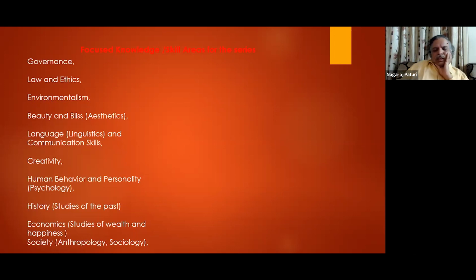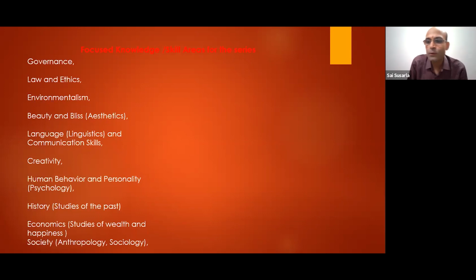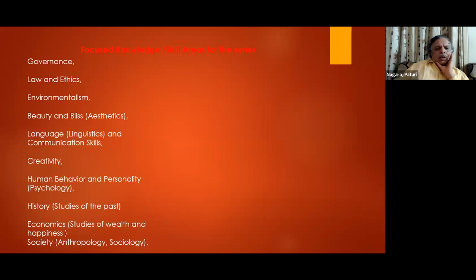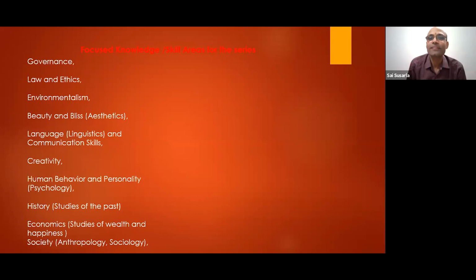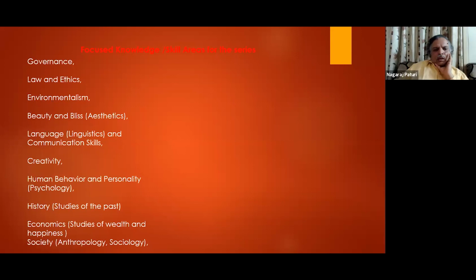Okay. Yeah. The second question is by Kanchan Gogateji. Can we have an Indic framework for literature analysis, not linguistic or grammatical aspects? That's what Alankara is about. Alankara Shastra is the Indic approach to literature only. But do you have anything else in your mind than Alankara Shastra being the Indic approach to literature analysis? Do you have any better specific question about that, Kanchanji?